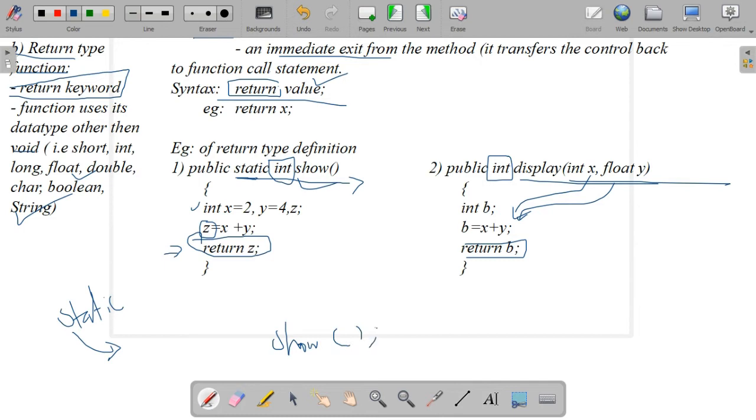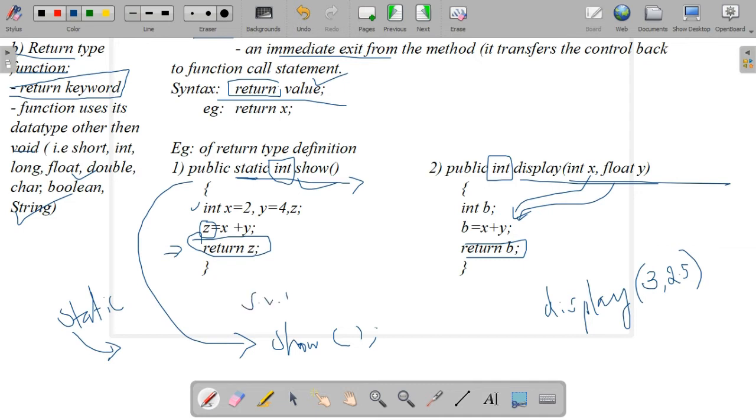Then here is the parameter case: we can write display. Display is the method name. Inside that, what are the parameters? We can pass them directly, 3, 2.5. I am just giving the values directly here. So this is the way we call that return statement or defined methods. The method is defined here and this method we are calling here.